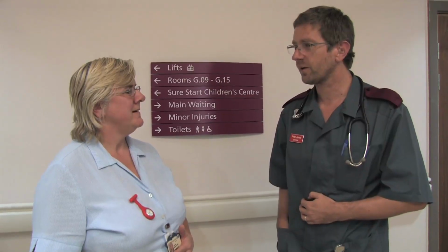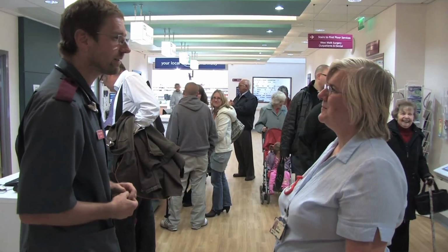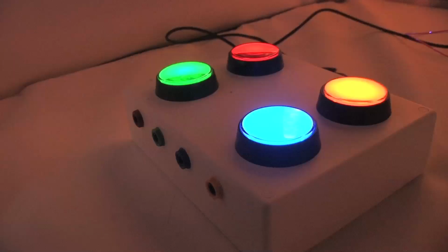The other half of what we do is that we are able to refer very specifically to services that we aren't personally able to offer. So for instance, there is an emergency care practitioner service for keeping the elderly out of hospital locally. So we can make specific informed referrals to those people directly to cut out the middleman, make the patient experience much smoother. Other things that we have are the Sure Start Centre downstairs, the Children's Centre,